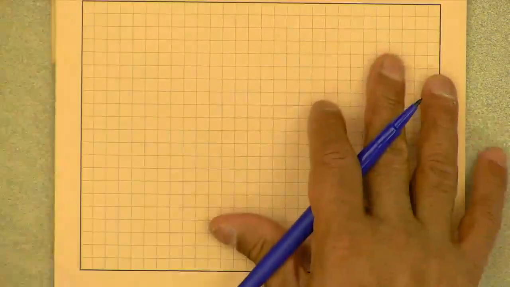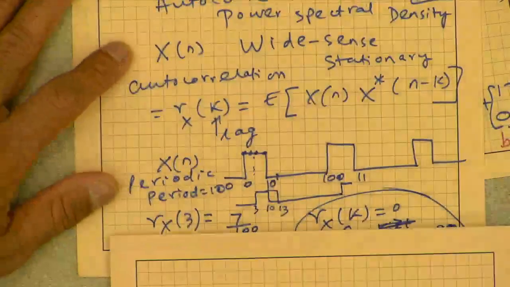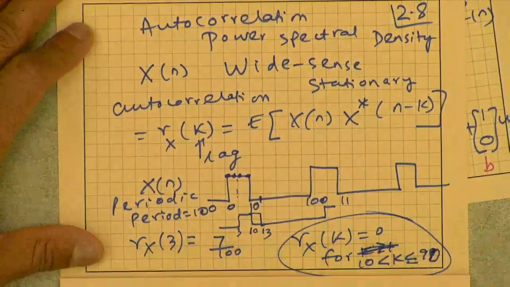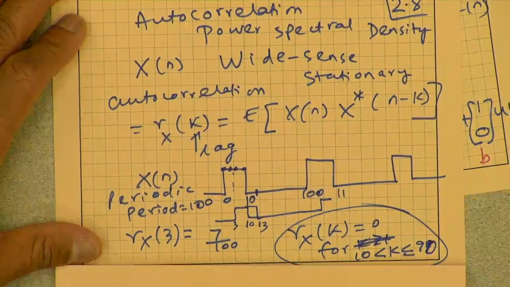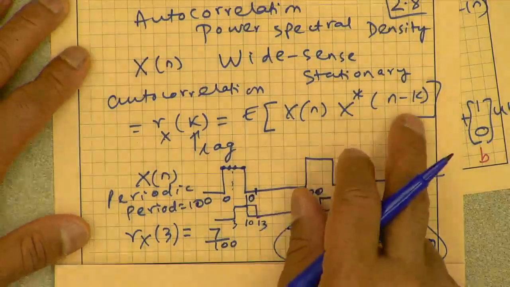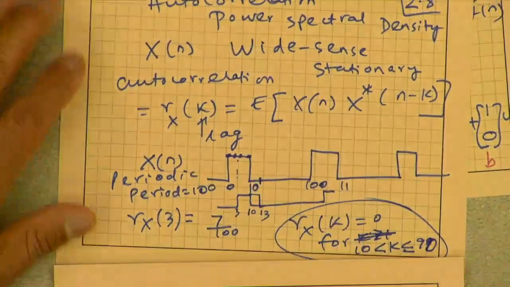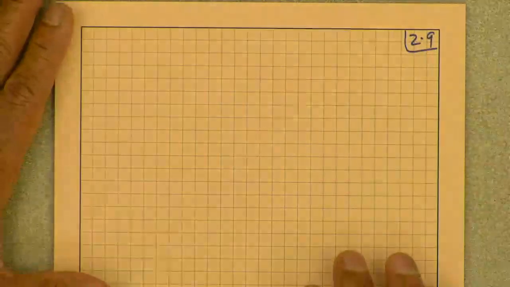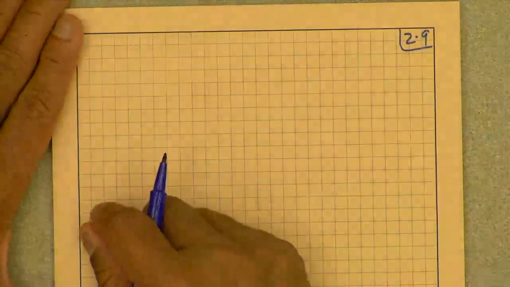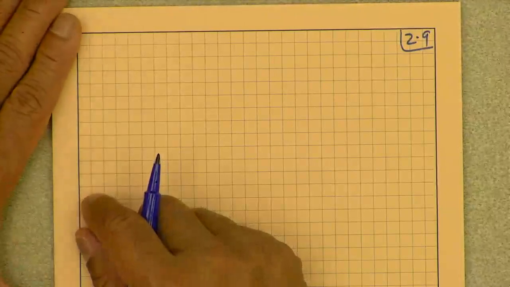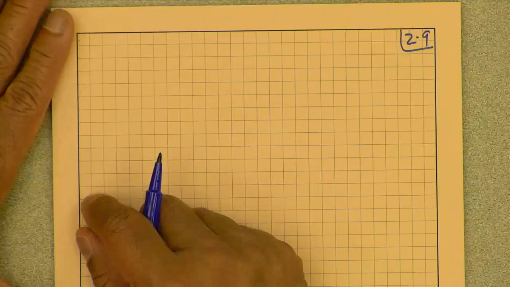So basically the idea of autocorrelation is describing the self similarity of the signal with itself, as I compute the similarity between the signal and its shifted version. That is the version shifted by k, and take the expected value. We'll see that it has a lot of applications in real signal processing, but the one that I've given you is to compute the period of a signal, and we'll talk about that.